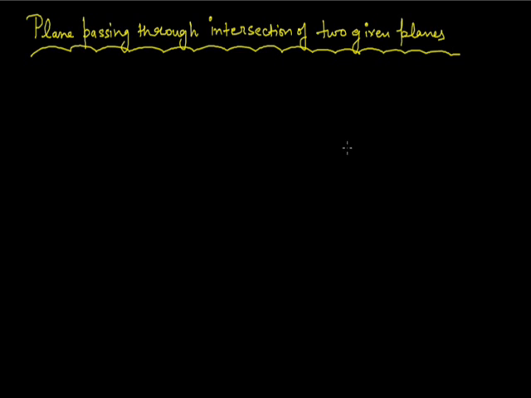So suppose we have the planes like this. Suppose this is plane 1 and suppose this is plane 2. At this point we must know that two lines meet at a point and two planes meet in a line. So the intersection of two planes is going to be a line. As you can see over here, this particular line is the line of intersection of these two planes. This was plane 1 and this is plane 2.